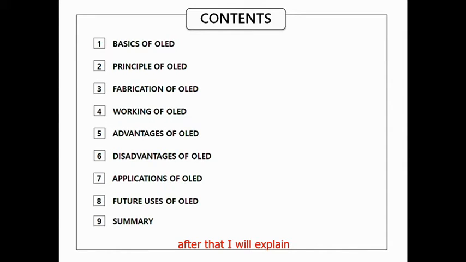After that I will explain the working of OLED. After that we will see the advantages and disadvantages of OLED, then the applications of OLED, and then I will show you some future uses of OLED. At the end we will see the summary.